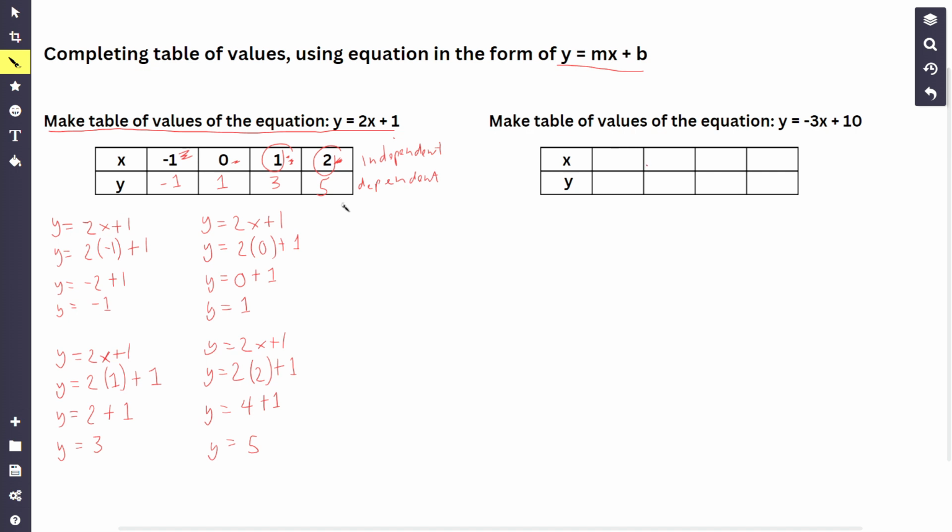However, now you might wonder, sir, why is it that on the first given on the left side there is a value of x, and then on the right side there is no value of x? Actually, if there's no value of x on the table, you can assign your own. How is that possible? Again, remember, x is the independent, y is the dependent. So again, you can set your own values of x when there are no given values of x because x